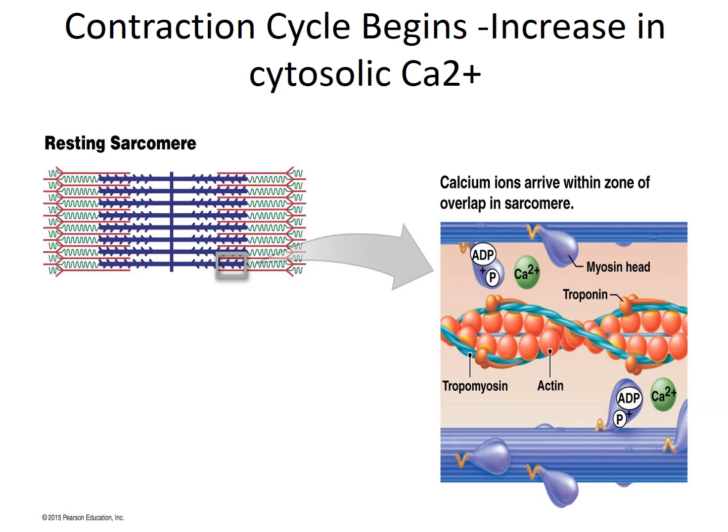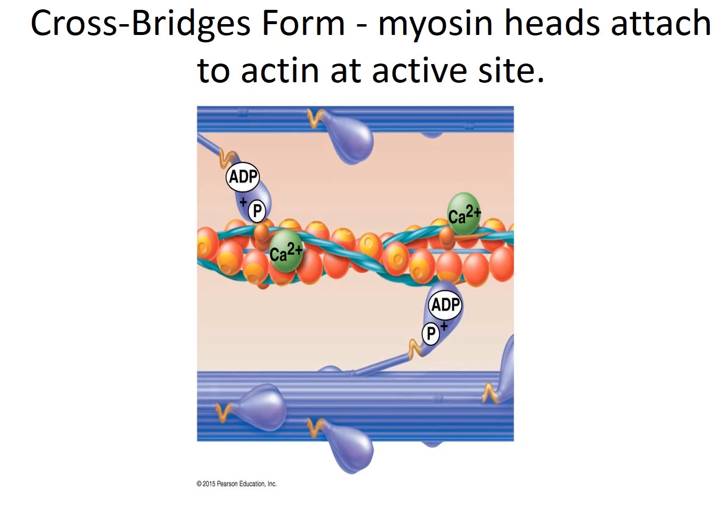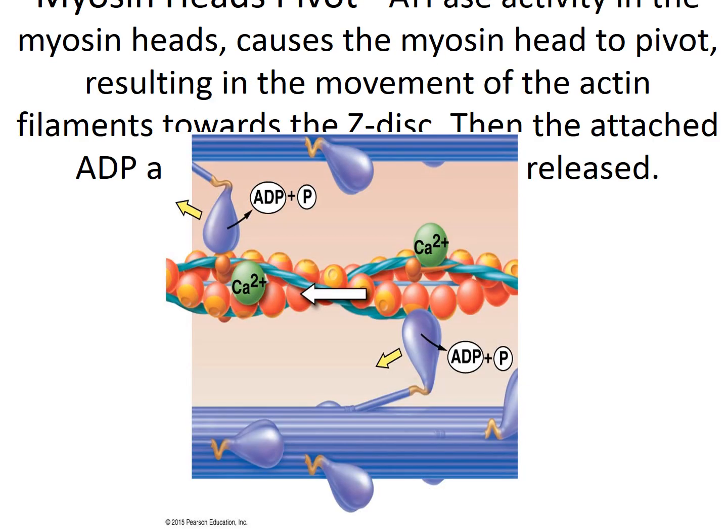And here you can see the contraction cycle begin when the increase occurs in cytoplasmic calcium. The active site is exposed, where calcium interacts with troponin, causing that conformational change in tropomyosin. Cross-bridge formation occurs as the myosin head attaches to actin at the active site, and this causes the myosin head to pivot, resulting in the movement of the actin filaments towards the Z disc of the sarcomere,